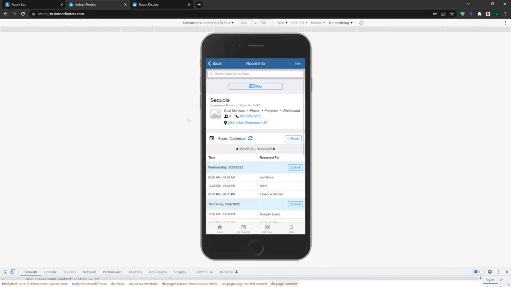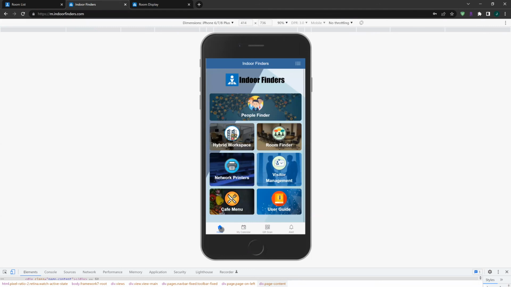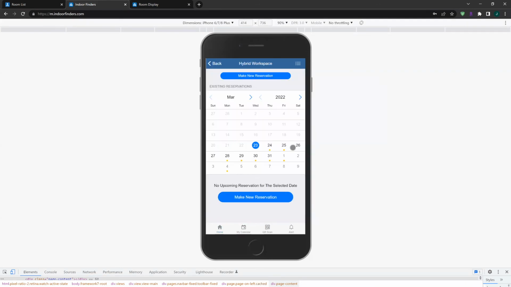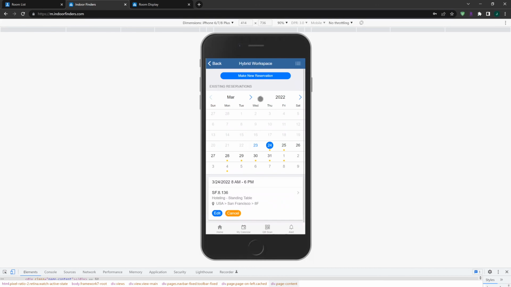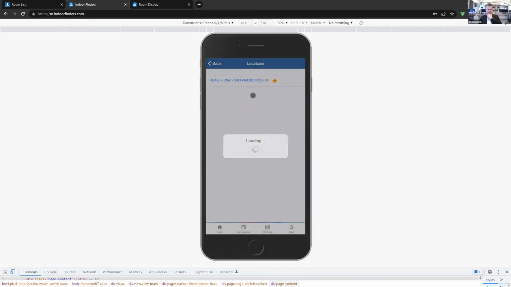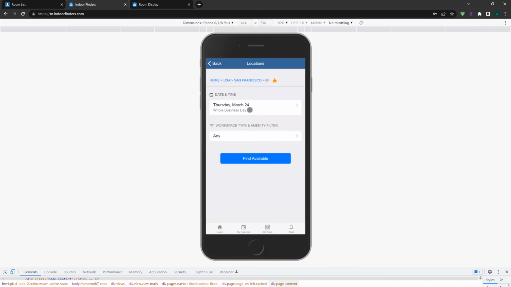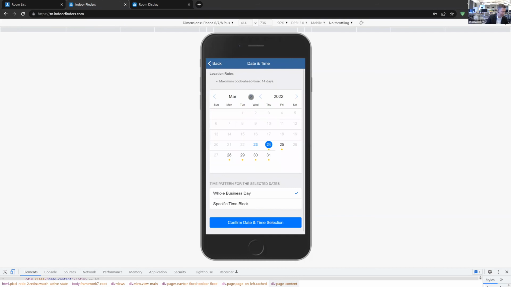I haven't shown you the desk booking. So for example, if you think about using it for desk booking, you can use this hybrid workspace. The system actually showed me which day I have a desk booking. So on the 24th, I booked this desk at 1:30. But if I want to book a desk, for example, next on the 6th and the 7th, I can make a new reservation. I can select my location. Let's say I book it on the San Francisco 8th floor. That's my default location. I can tell the system that I want the 6th and the 7th,